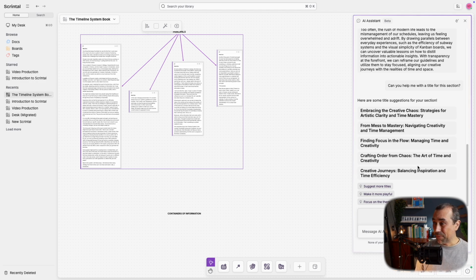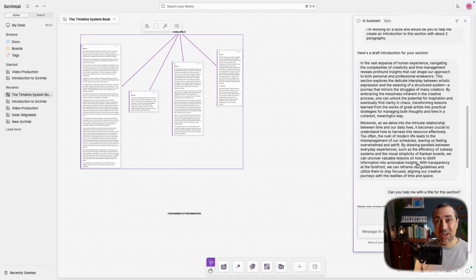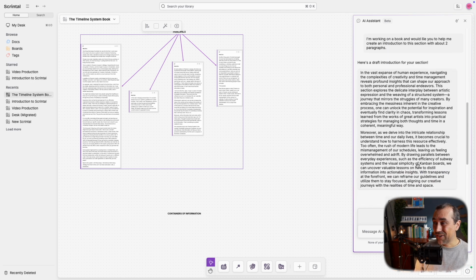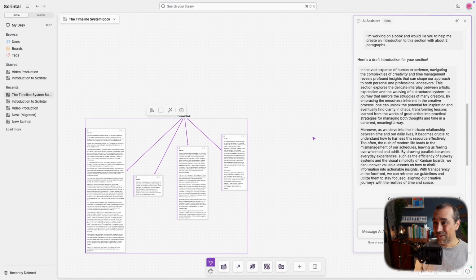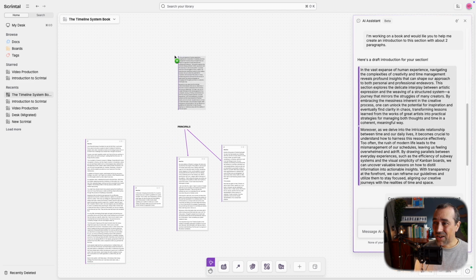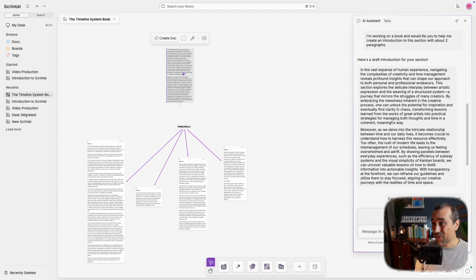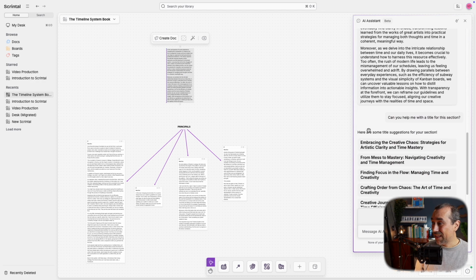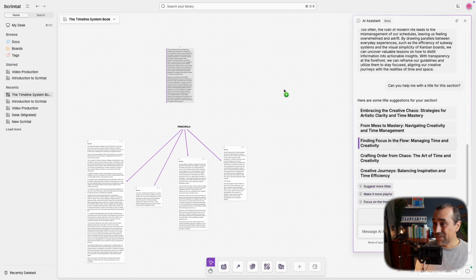Okay, now that we did all this task, let me show you another interesting thing about Scrintal's AI. Let's say I'm going to use this. Okay, I liked it and I'm going to use it in my book. Look at this. I can drag it out here and create a block of text here. And let's say I'm going to use this title here.